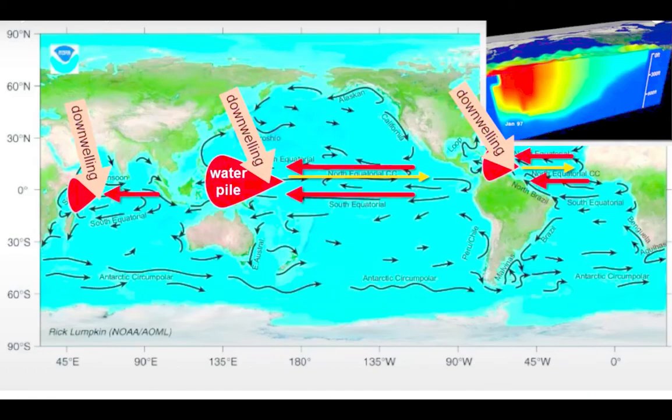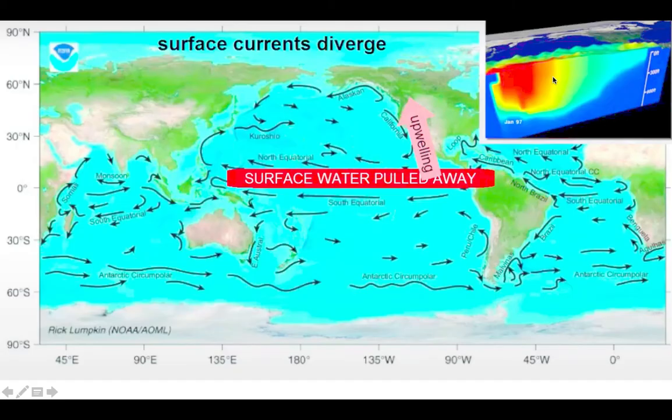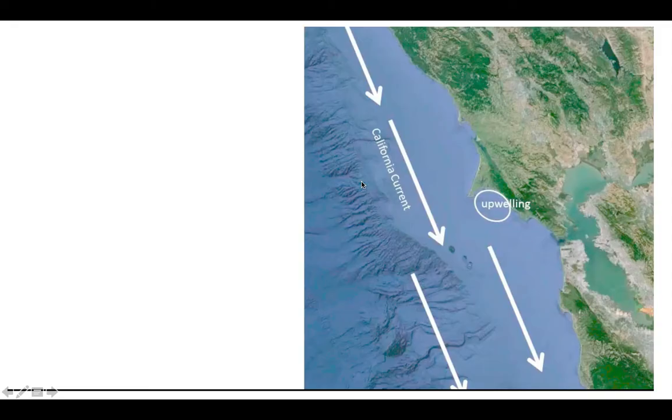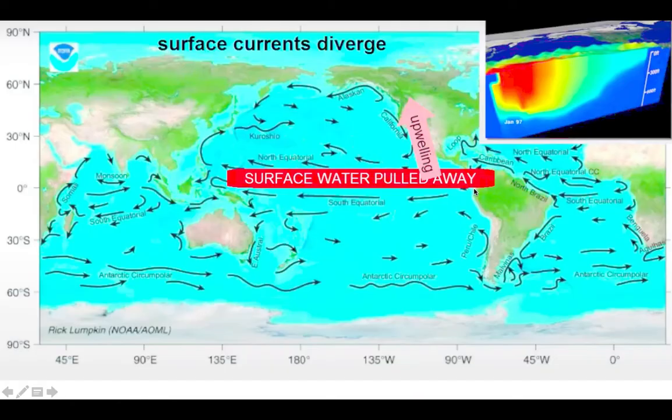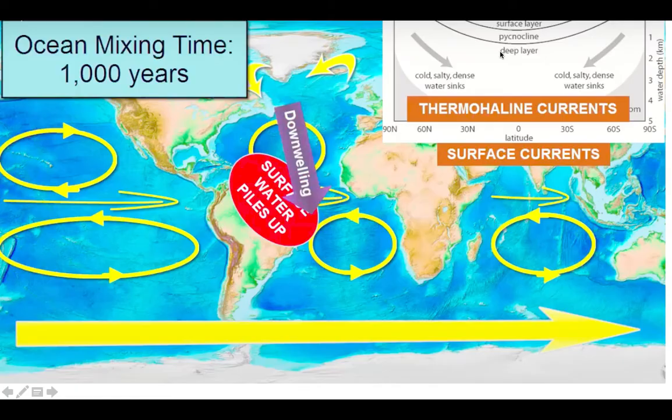upwelling zones. We can also see that this NADW is a zone of upwelling. So one arm is moving this way, another arm is moving this way. I told you earlier. So we can see that surface water is pulled away all along the equatorial countercurrent zone. There is an effect of bending. This is the California current, and there we have some bending effect like this, the effect of a sharp coastline.